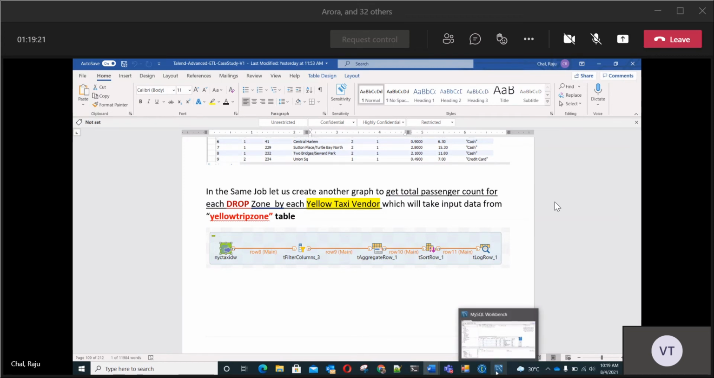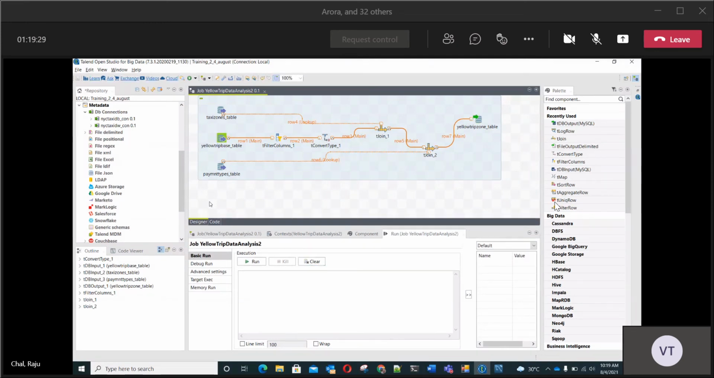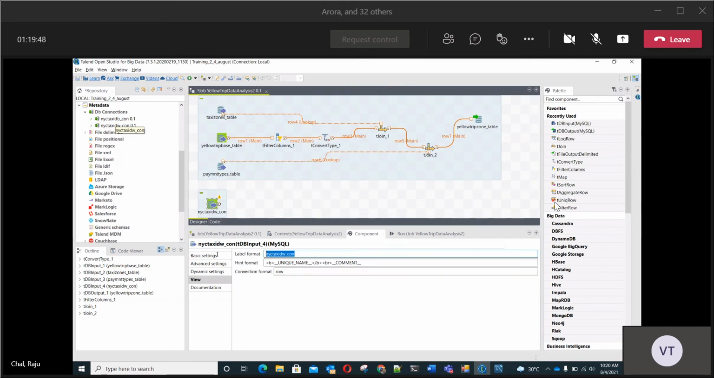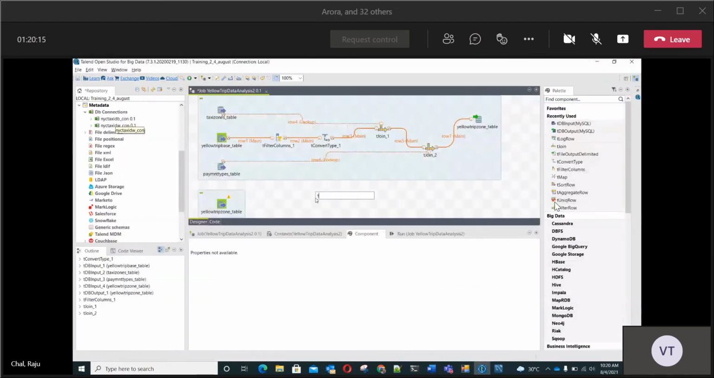Okay, let me check it. So what I'll do here, coming back in the same job, I'll be doing this thing because there will be some other job we'll be designing on this. So obviously I'll be taking the nice taxi DW. It will be input. And here, coming to component, in the view, I'm giving the name YOLO zone underscore table. Now from here, T filter column we can use. Filter